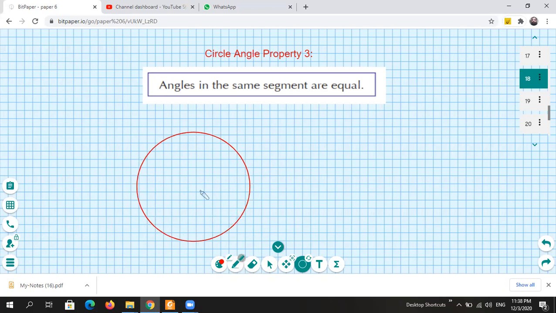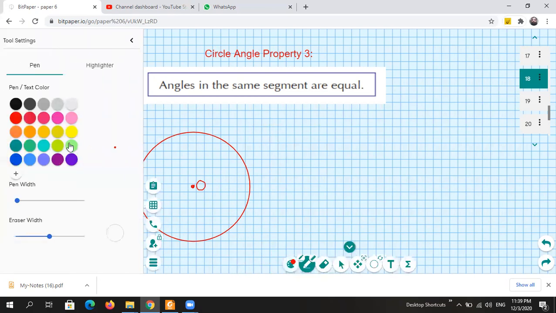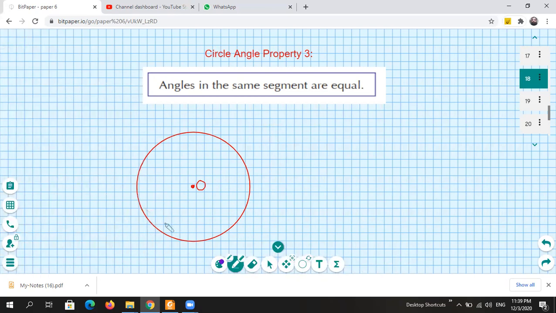Suppose this is a circle and this is the center of the circle O. Angles in same segment are equal means suppose we have an arc at this point A and at this point B. So if I make an angle at circumference with these 2 points,